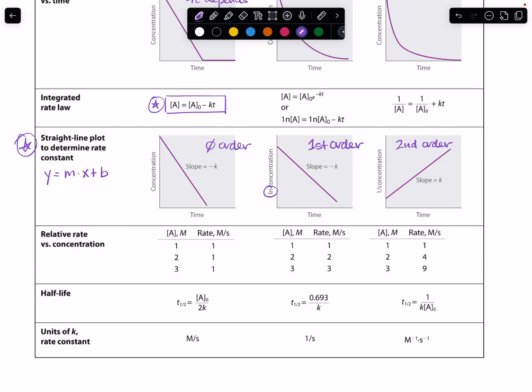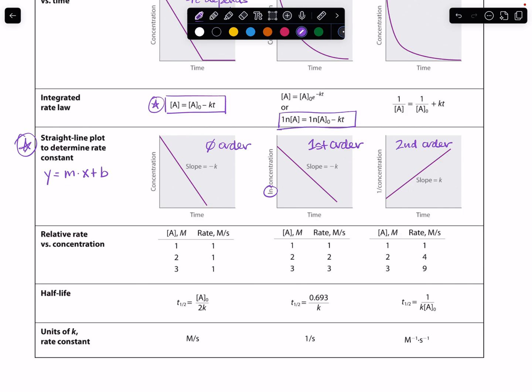All right, so we write the formula for that line and we get the natural log of A is equal to the natural log of the initial amount minus K times T. All right, so again, negative for our slope because we are moving from high to low in terms of our plot. All right, and then finally for our second order, our integrated rate law, hold on, let me box that in,